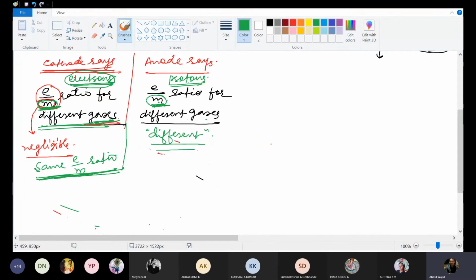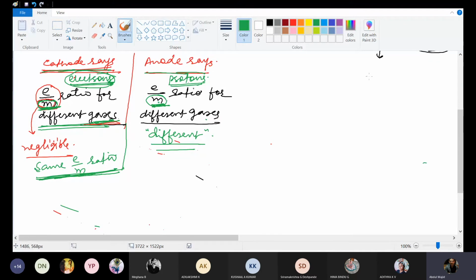Yes, sir. What is the difference between the cathode and the origination point? An origination point for cathode rays will always be the cathode, and on the opposite side of that cathode is a perforated electrode. That will be opposite the cathode, not exactly an anode, but between anode and cathode there will be a perforated electrode that will be acting as the anode. From there only the origin of anode rays will be there.